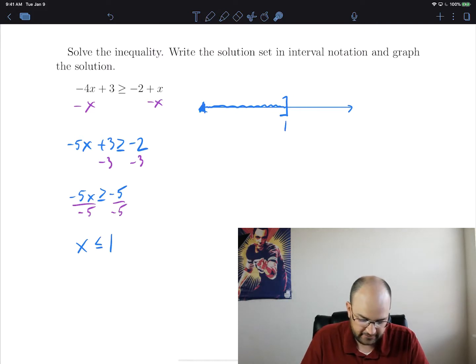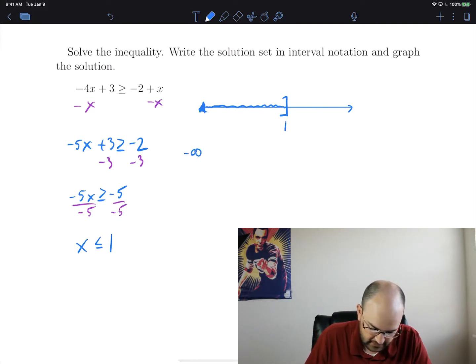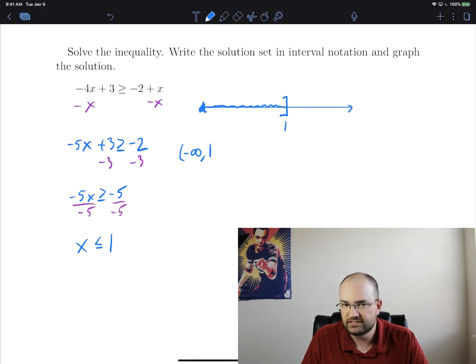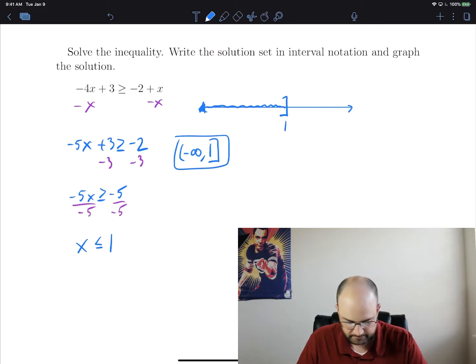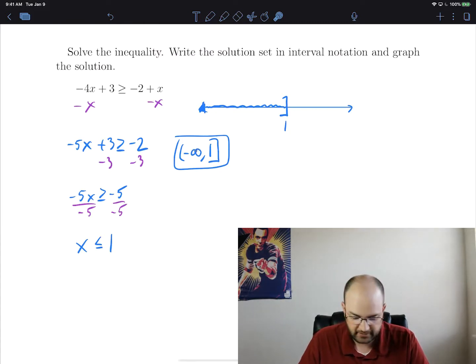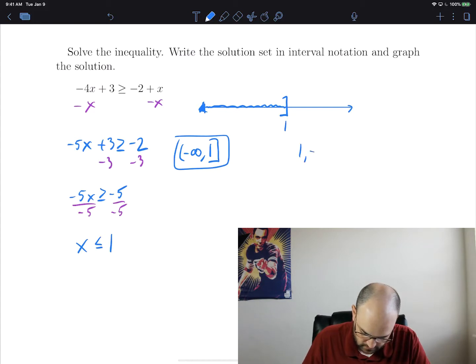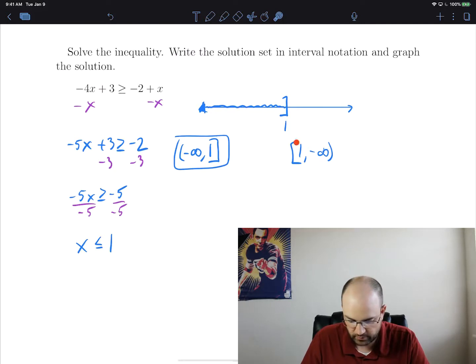Towards the left we have negative infinity, and towards the right we have 1. Notice with infinities I always use parentheses. With the 1 I already used a square bracket, so again I'm going to use a square bracket. Good deal. By the way, with these, if you did 1 comma negative infinity, even if you got all of this correct with the square bracket with the 1, parentheses with the negative infinity,